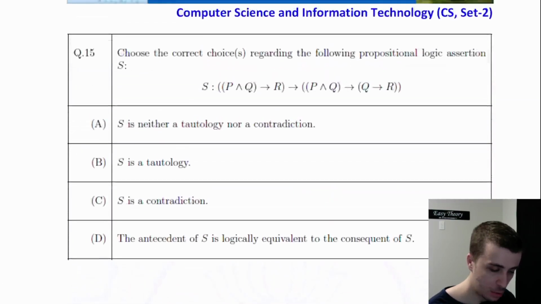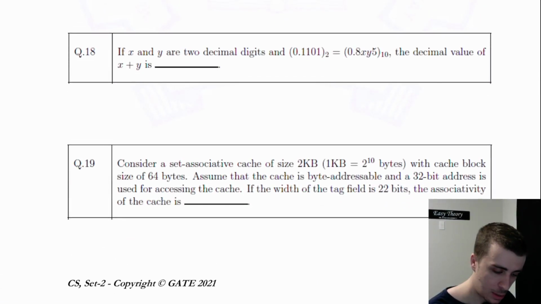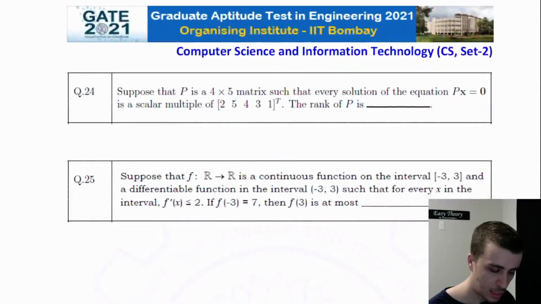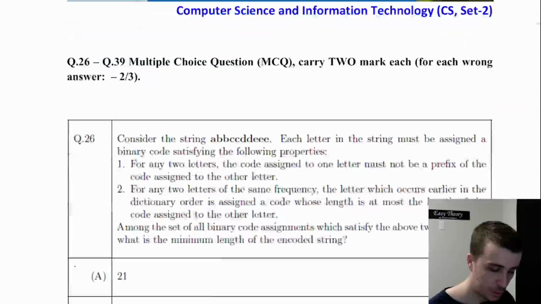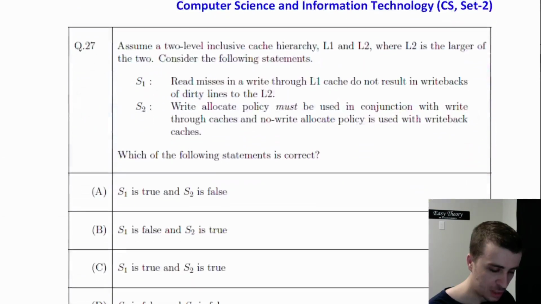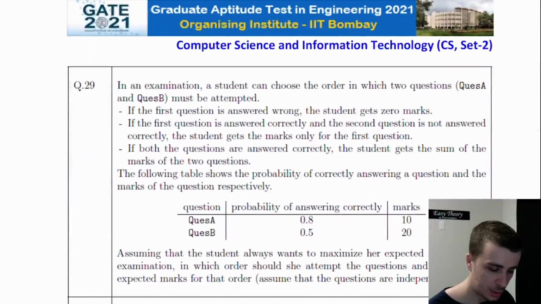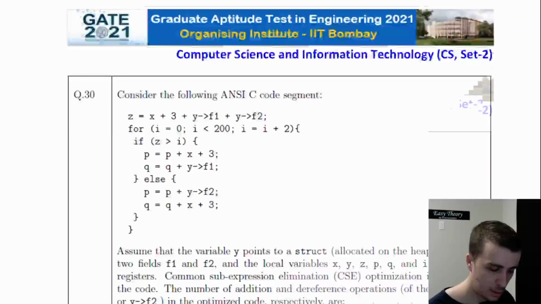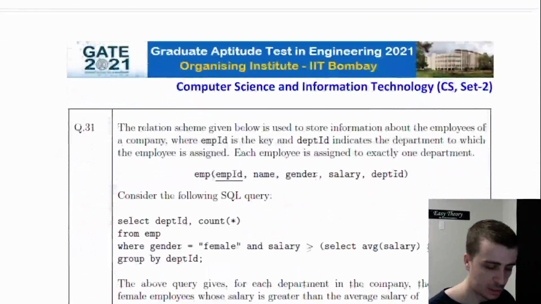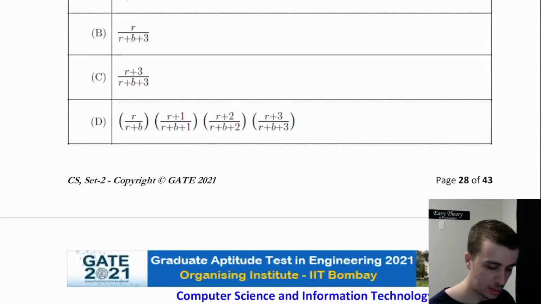Compilers, CPU, propositional logic. Continuous functions. So that's a code, that's not the same thing. Caches, circuits. Wait, was that one? No, that's probability. C code, scheduling type things,